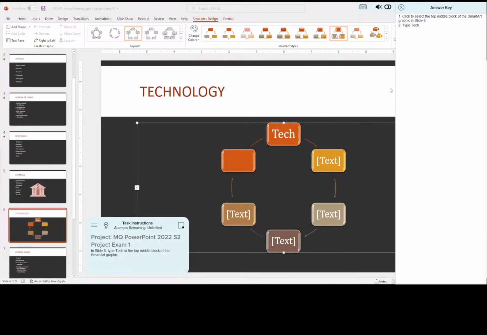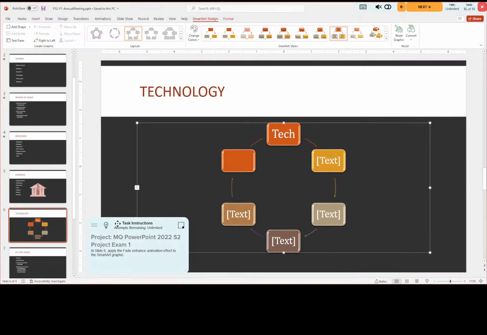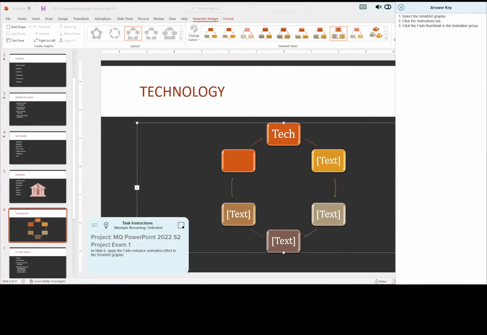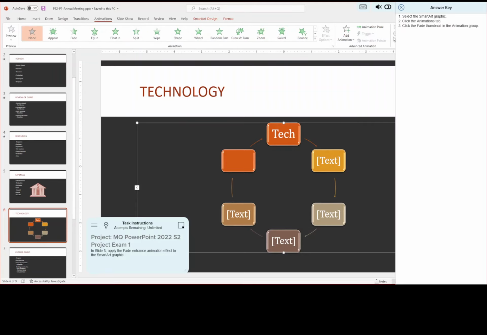I'm going to close that answer key, and we're going to move on to 16. In slide 6, we're going to select the SmartArt graphic, again, all of it. Click the Animations tab, and we're going to click the Fade thumbnail in the Animations group. Fade thumbnail, so I believe that's the one we need right there. Fade,